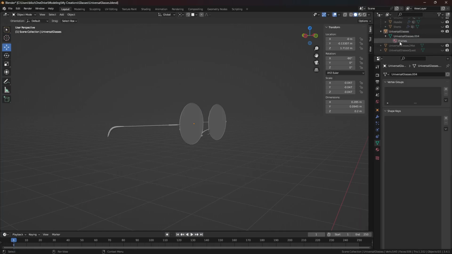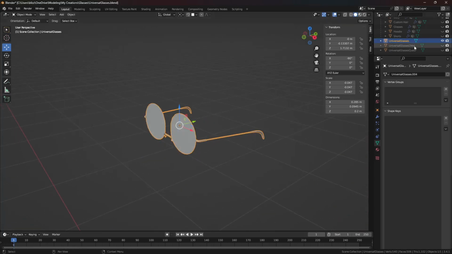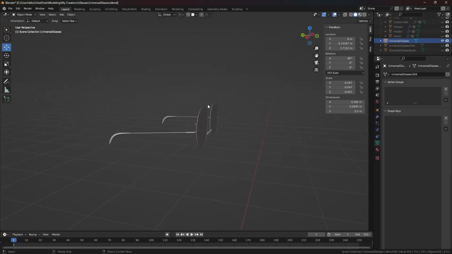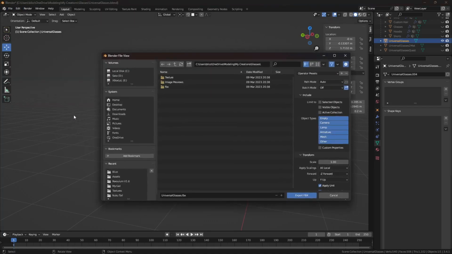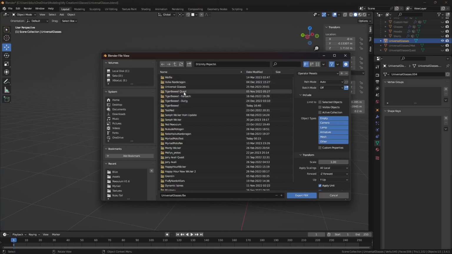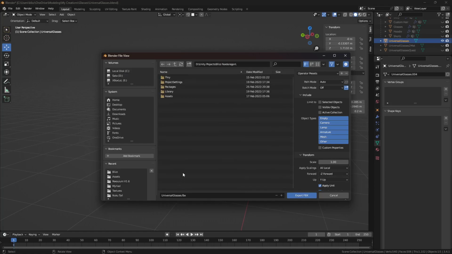Go to open this here. Actually, there's no armature involved with this, so you can just select universal glasses. These are the 2 material and quest versions. They're also included. I used the single material. So I can click on this. I can go to File, Export, FBX, and then you can navigate back to the project that you wanted to put it in, which mine was Blizz Nardragon, Assets, Blizz. I do have a Universal Glasses folder, and I will do this as custom so I don't replace any of